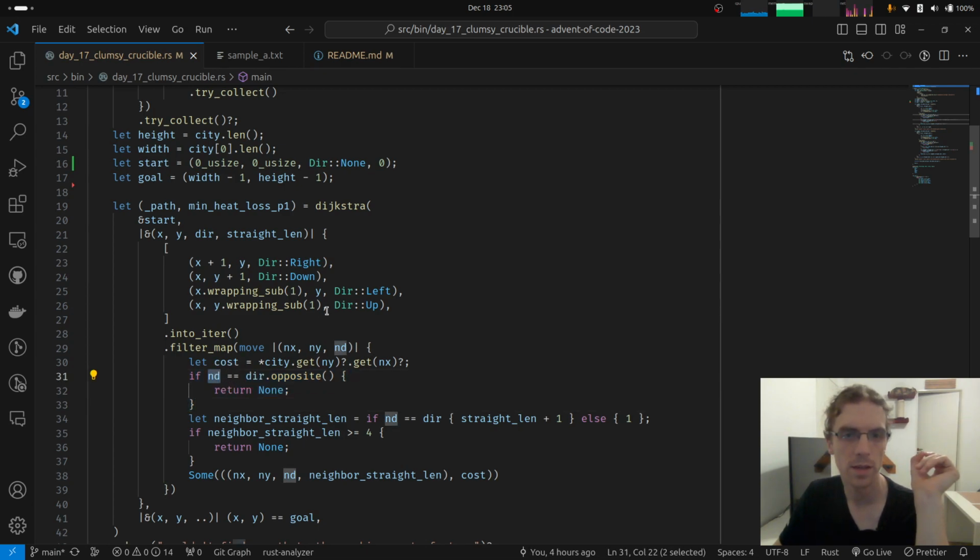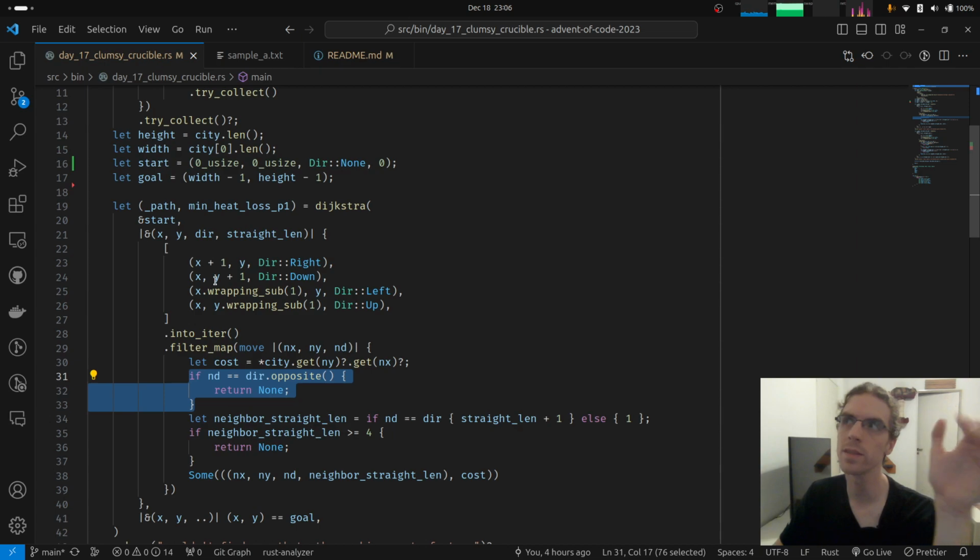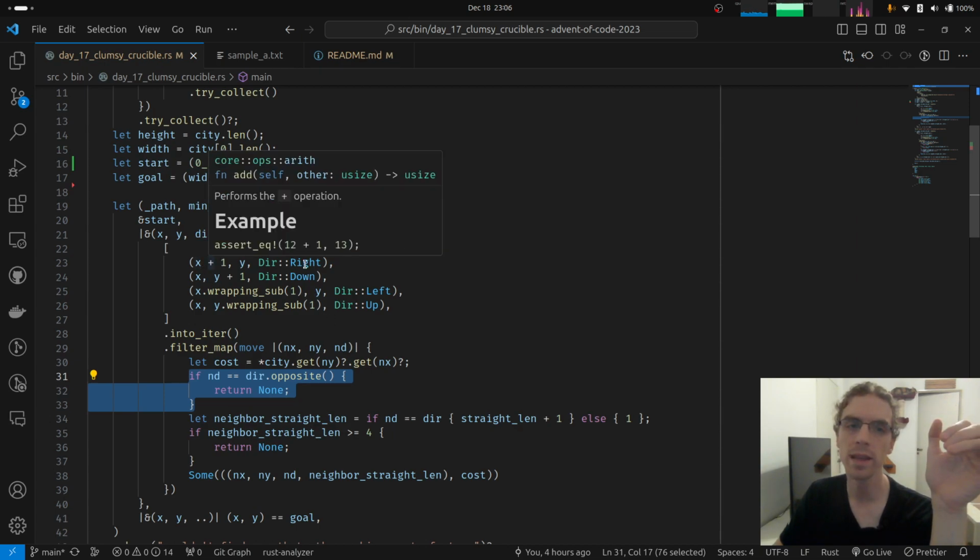If the neighbor direction, these things here, right, down, left, up, is the opposite direction that we are coming from, we discard this because that's basically turning 180 degrees, and we don't want to do that. We just discard it. We could have done this in a very different way, like delegating to the direction.